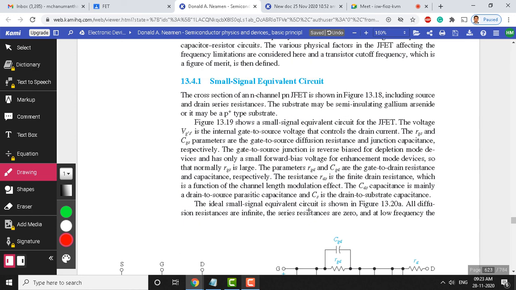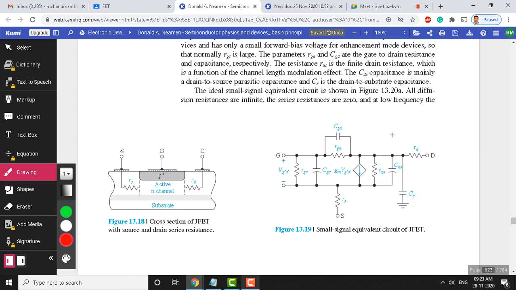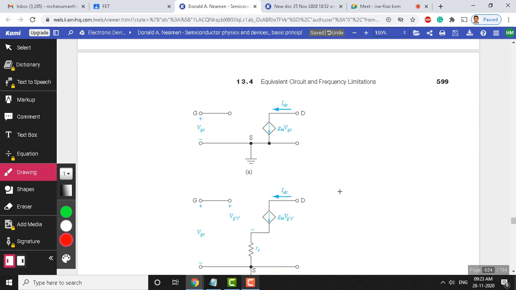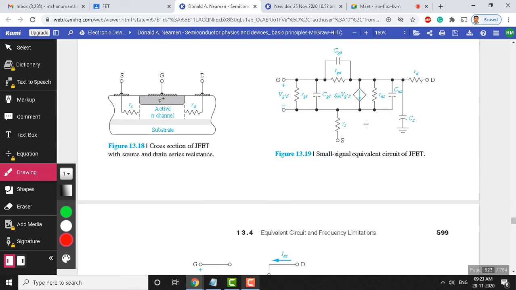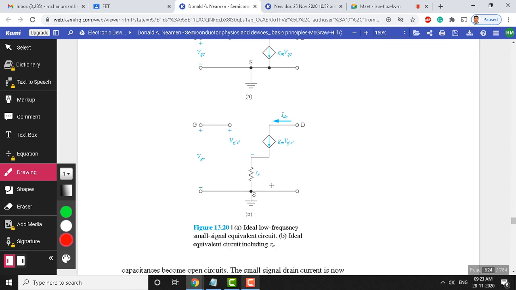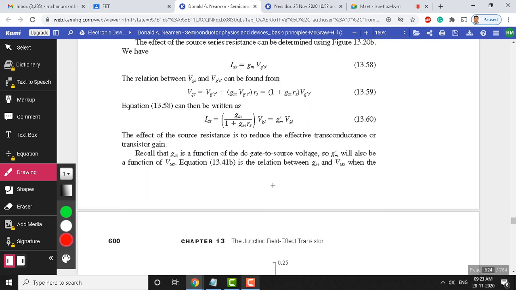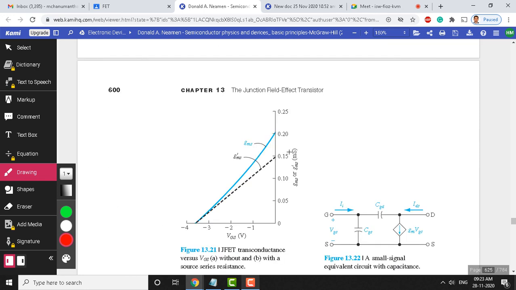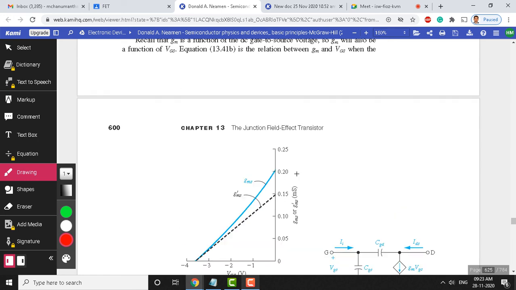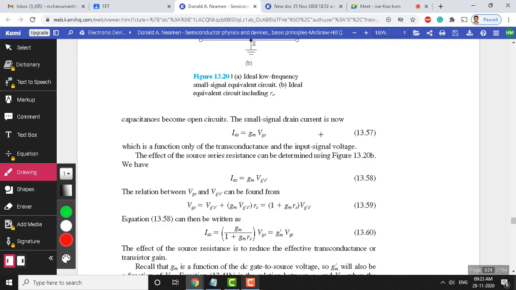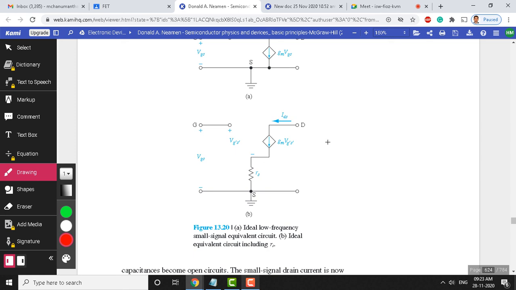We need to write an equivalent circuit for the MOSFET, which is shown here, and you will come to know the importance of each and every element used in this equivalent circuit of the JFET. Further, we will simplify this equivalent circuit, and this is the simplified version. A little bit of mathematical equations we will take up with this. Lastly, the transconductance we will see with reference to this equivalent circuit. That we will take up in the next class.